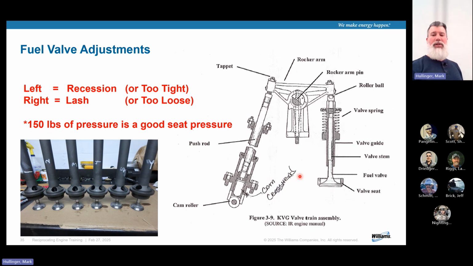And what I mean by recession, it's worn right here, either on the stem or on the valve seat right there. Or the guy who set them up too tight. So of course you don't want to go change out a fuel valve, so you might just loosen one and see if you can get by. But again, the receipts are going to come due and you can't just keep doing that. So you got to make sure that the valve seats are not worn, okay? And then right is lash, which would be too loose. So it's possible that it's just too loose or that nut came loose. Or